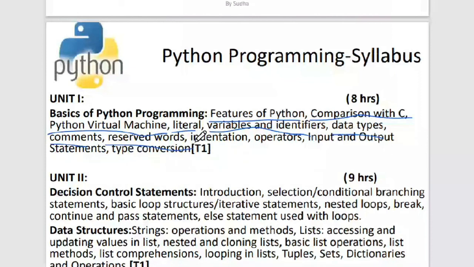Then we have covered all the operators, and then the input and output statements, and then type conversions. Apart from this, I also have covered your expressions. Okay, so different kinds of expressions I have shown you. And I have shown each and every concept with a programming example.